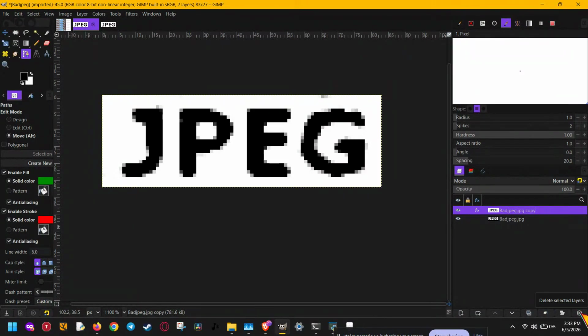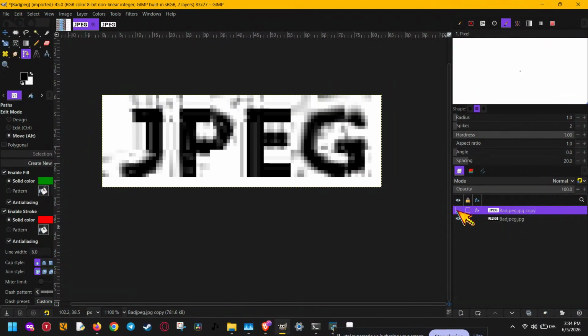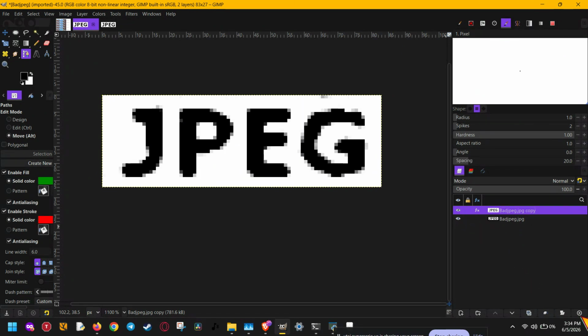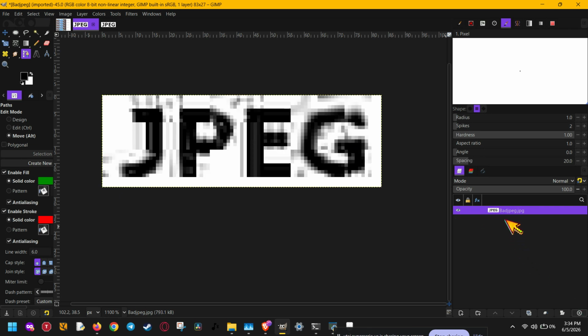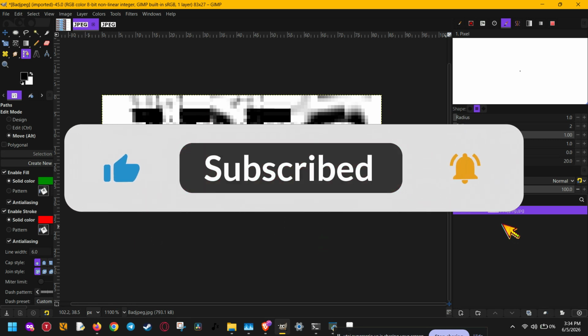If your photo has those ugly, blocky compression marks, weird color squares, or that washed out look you get from overcompressed images, don't worry. In this video, I'm going to show you how to remove JPEG artifacts in Gimp using a simple step-by-step workflow that helps smooth the damage without destroying all the detail. This is a great method for cleaning up photos, restoring older images, or making compressed pictures look a lot more